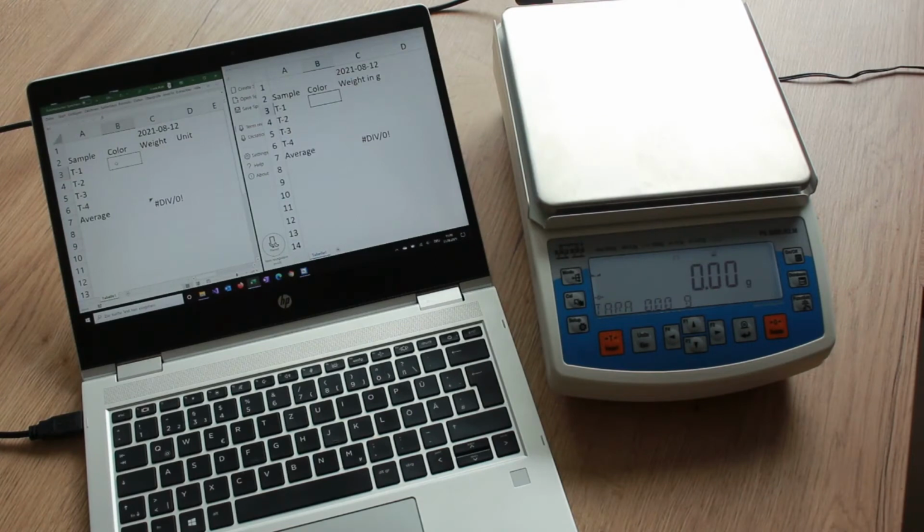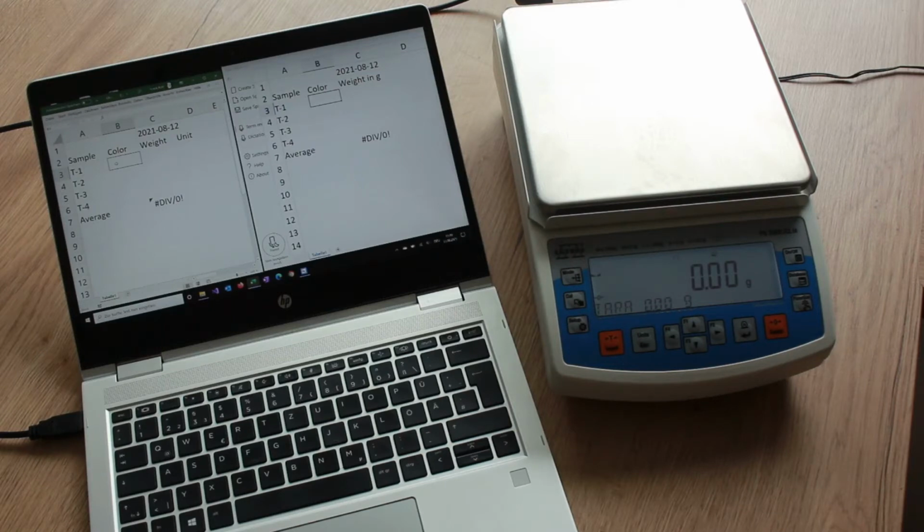I will first do the acquisition using a scale connected to the laptop via a USB cable and with some manual input. To transfer the weight data, I have configured the scale to transfer the current weight to the laptop when a key is pressed. After that, I show how to do the whole process with speech recognition and Speech for Excel.